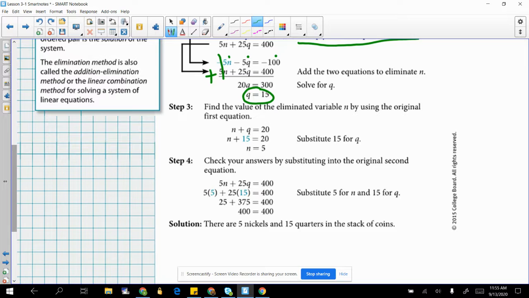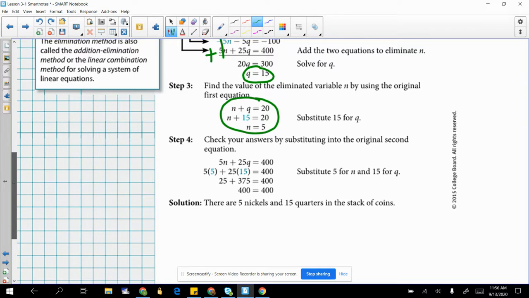So then if we know 15 of them were quarters, let's plug that back into the original equation, which is what they did here. So 15 quarters plus however many nickels, you're going to solve and subtract that 15 over to get n equals 5. So now we know, in that stack of 20 coins, 5 of them were nickels and 15 of them were quarters. So we would write that as 5,